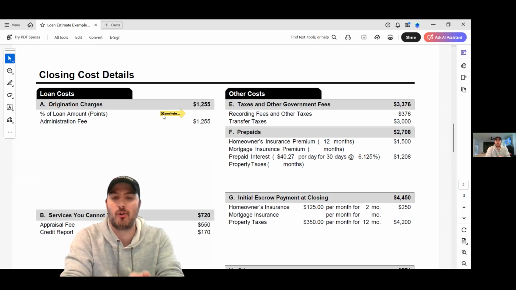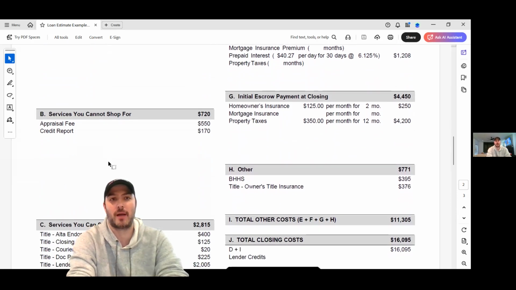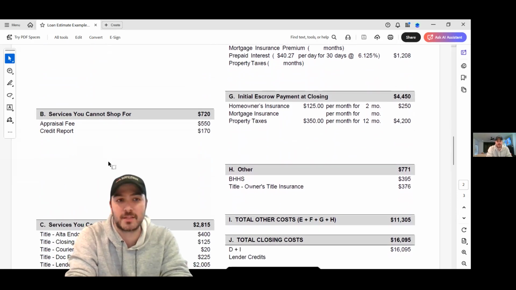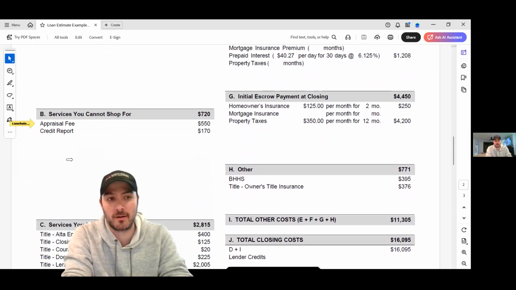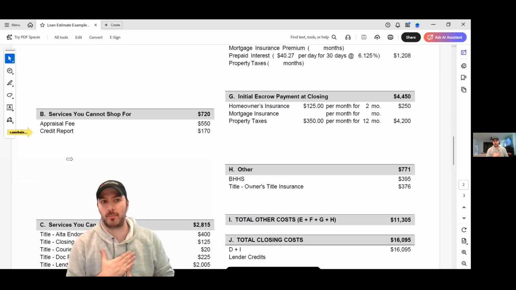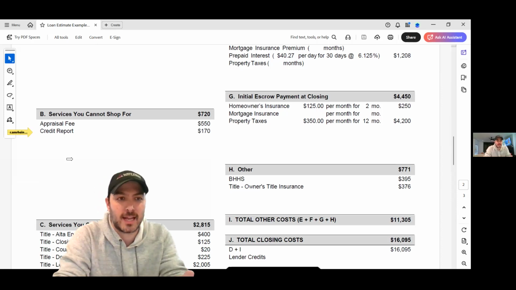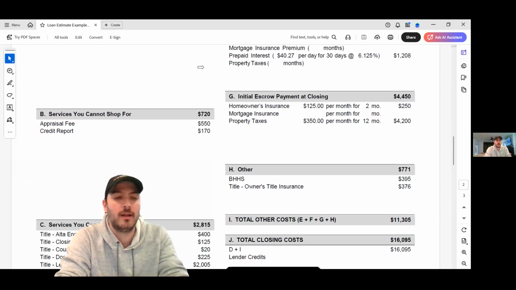Section A is all lender fees. Then you'll get to section B. What is section B? Section B is services you cannot shop for. So there's going to be some things in the process, like an appraisal or a credit report, that a buyer is not going to be able to choose. A lender is going to run a credit report. A lender is going to do the appraisal or get the appraisal done for the buyer. Those are items they cannot shop for. So in total, section A and B,